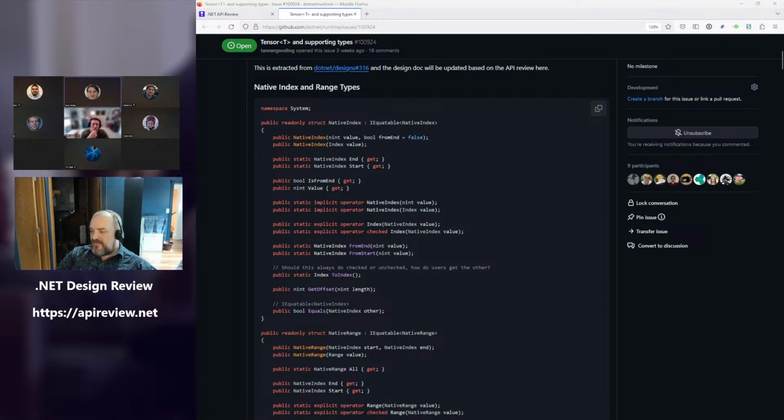I would rather hope that if we did something like add a 64-bit index, we would consider calling it something like index 64 instead. Is what you're saying, Tanner, that it's not an int anymore, it's an index, and so we're replacing int with index, and then you keep PTR? Yeah, but I also don't like the concept. So everyone gets confused about the name INTPTR.